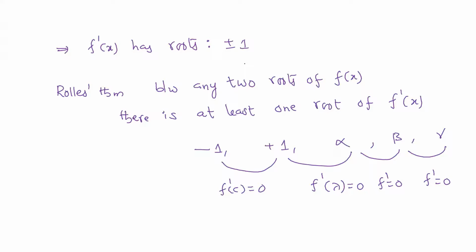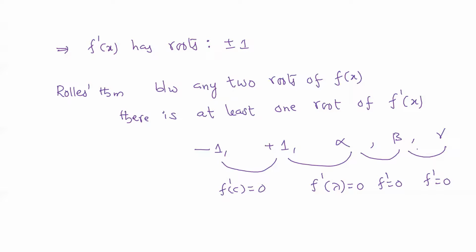But in the question, we are talking about the minimum number of roots. So that is why the assumption here, to get the minimum number of roots, is that there should not be any roots alpha, beta, gamma. I'm excluding that case, because there we are going to get at least 6 roots when we consider that the cubic equation also has 3 roots. So I'm assuming the cubic equation doesn't have 3 roots.